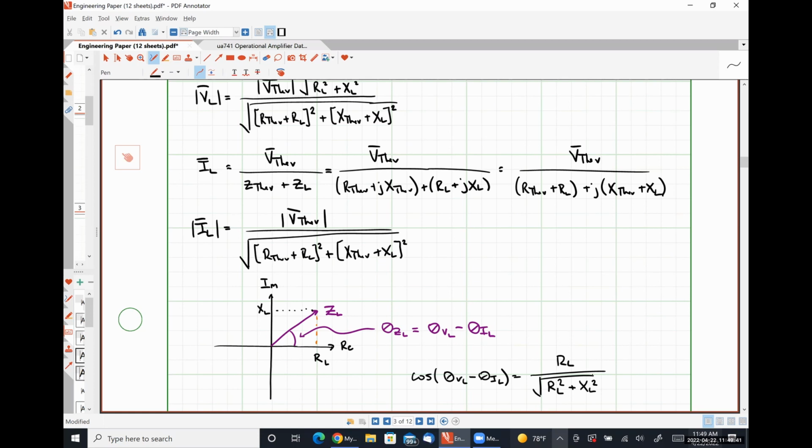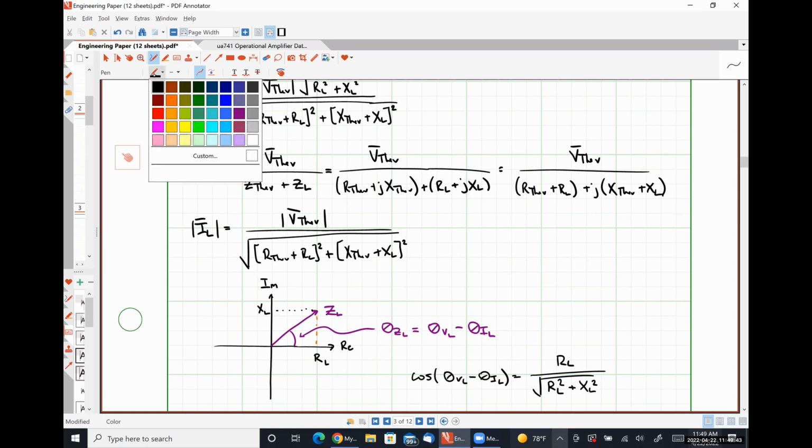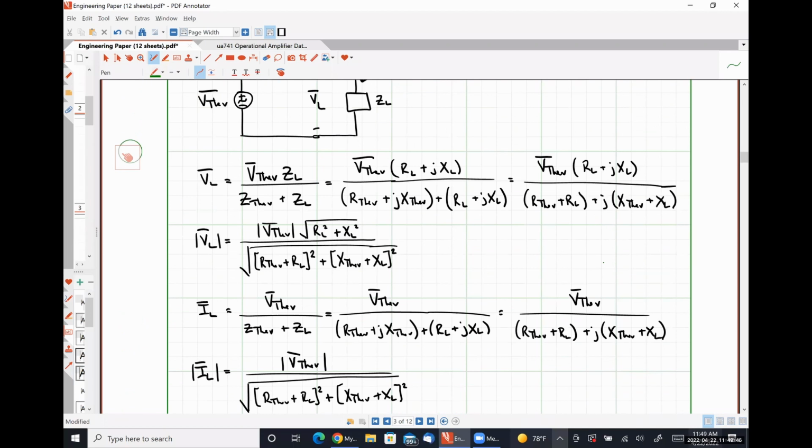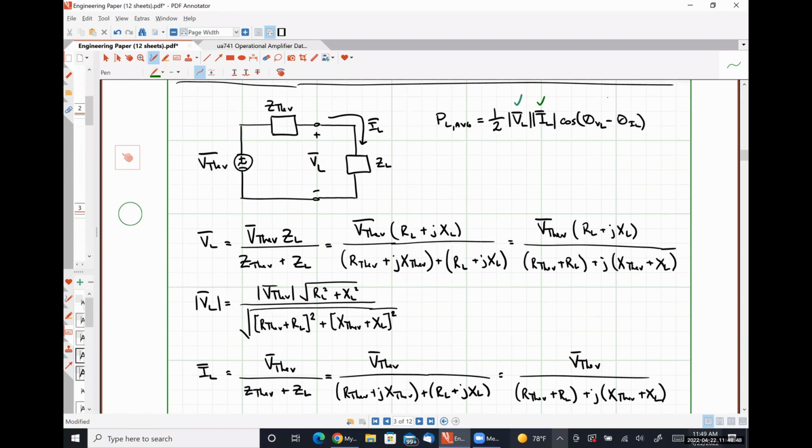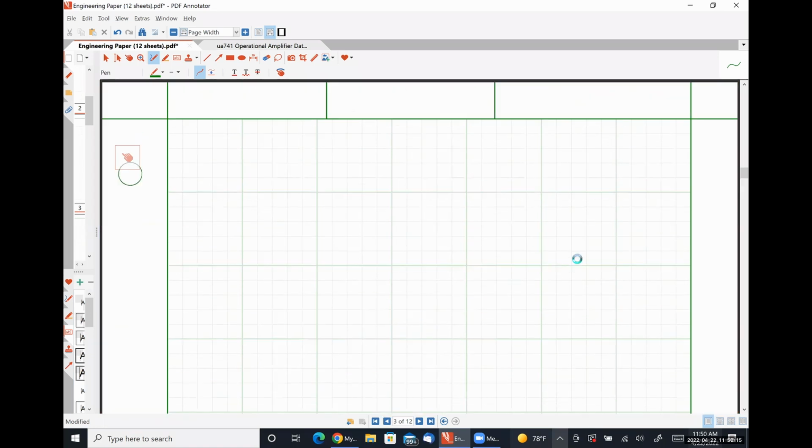So I now know all of the constituent parts of this equation, which tells me what my average power should be. So once I smash all these things together, then I can actually figure out how to maximize this thing in order to determine when, or for what value of ZL, does maximum average power transfer occur. Okay. So plugging in these results,